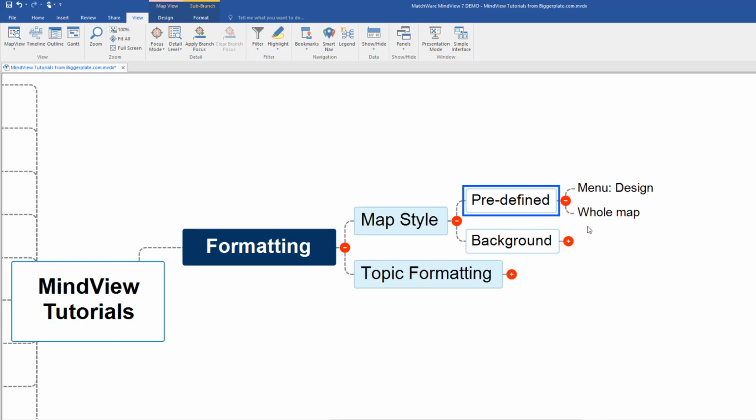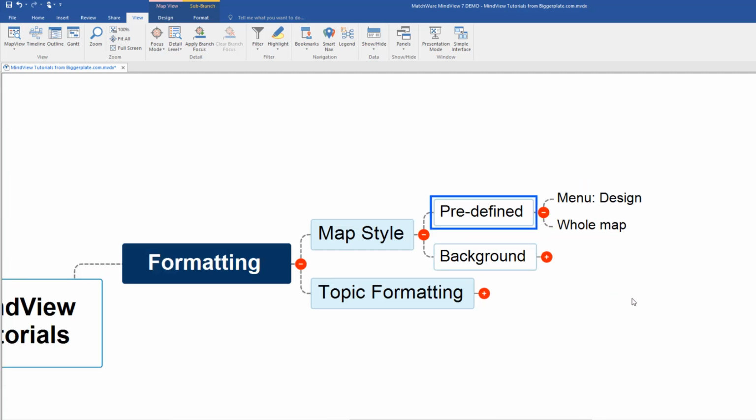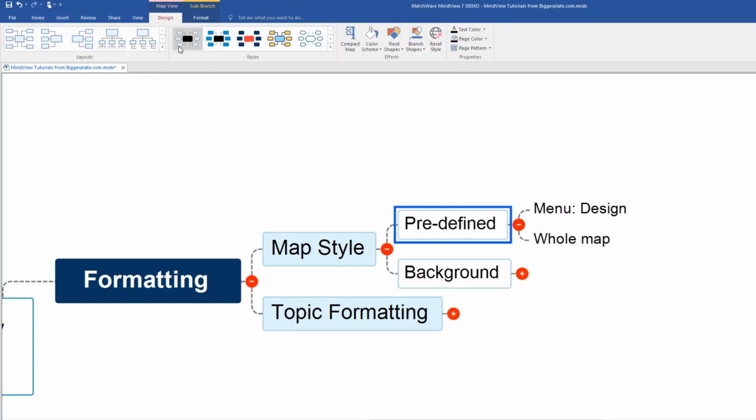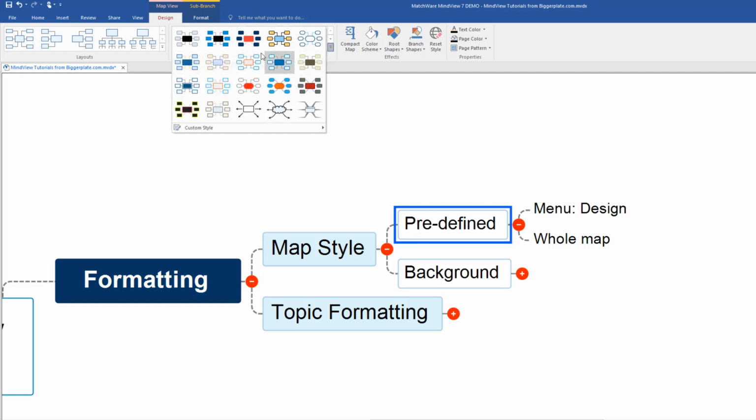The first thing to say is there are a lot of really great predefined themes or styles within MindView that can apply global changes to your mind map appearance with the click of a button. If we come up into the main menu and then click design, you'll see here we've got this predefined area for styles where there are lots of options that will apply an entire style to my